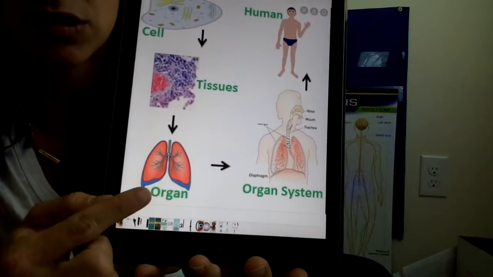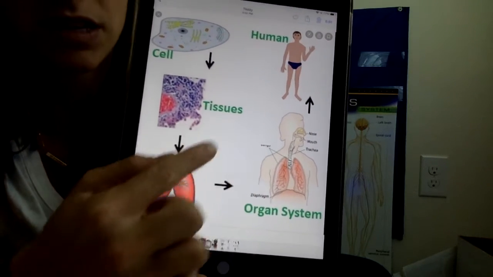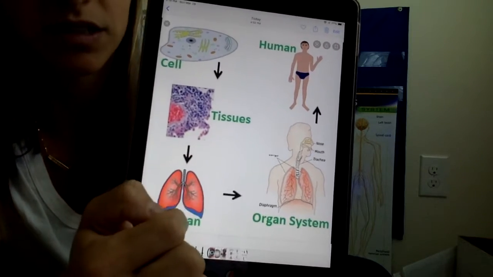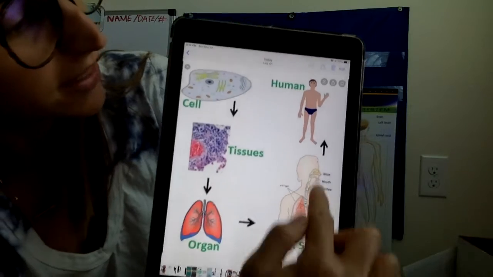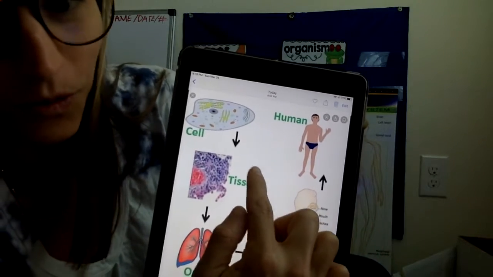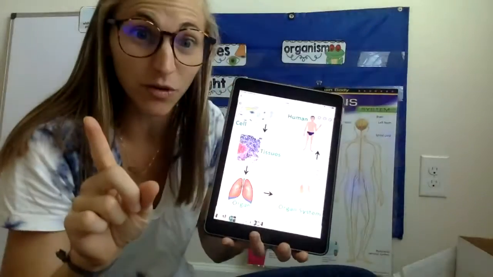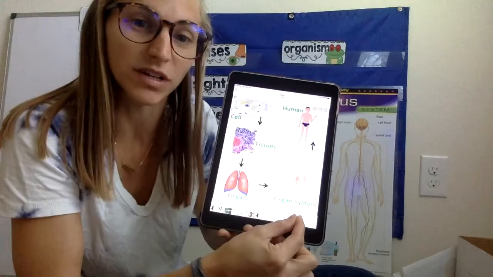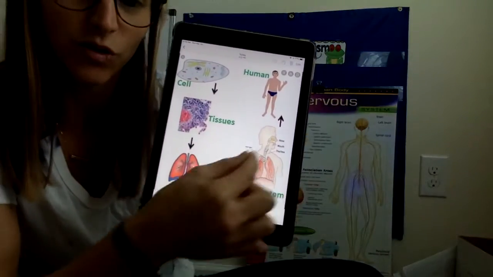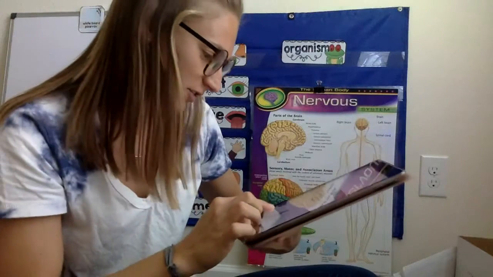So we go from something small, like an organ, to something a little bigger where it's all working together to make an organ system. Now, once those organs are in a system and they're working together, then boom, they create the organism, this little boy in his little bathing suit. So that's one example using humans. So we have organ, then it works together with an organ system, and then once those organs are working together, it creates that organism. Let's take another example.